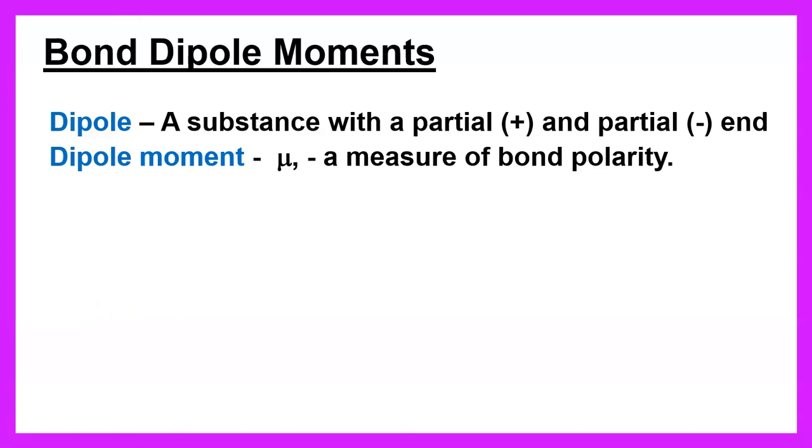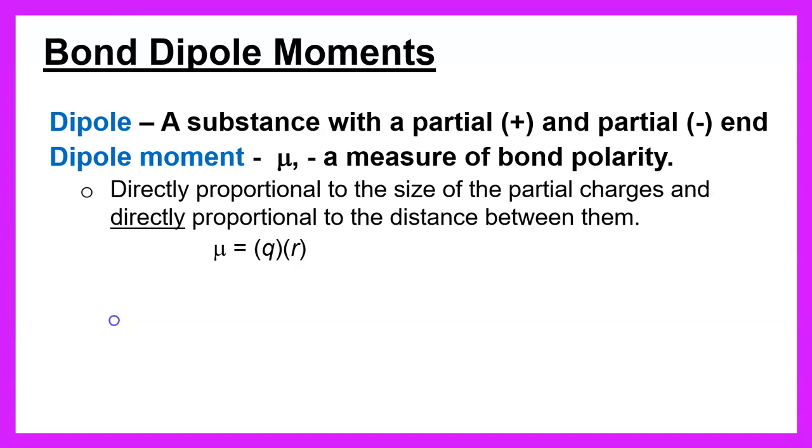The size of the partial charges and the distance between them is how they come up with the strength. I'm not going to ask you to do a calculation with this, but you can see here that the size of the charge and the distance, the radius, right, between them, that all ends up contributing to how strong